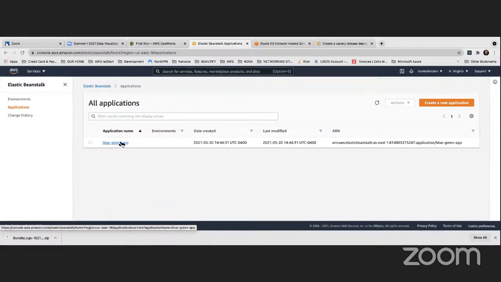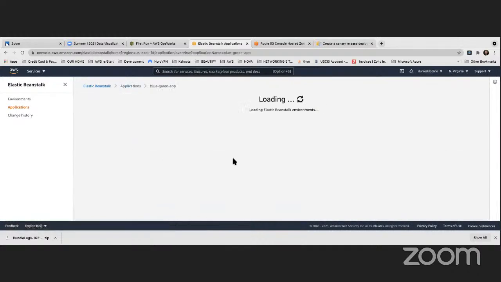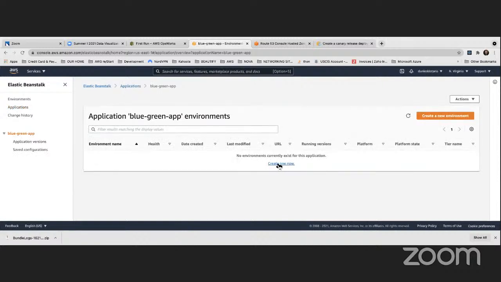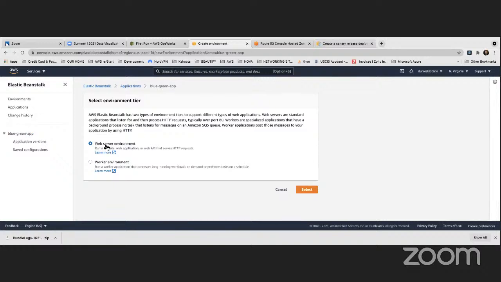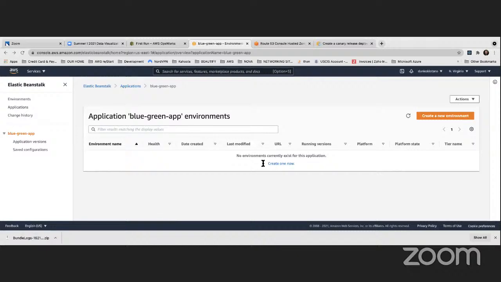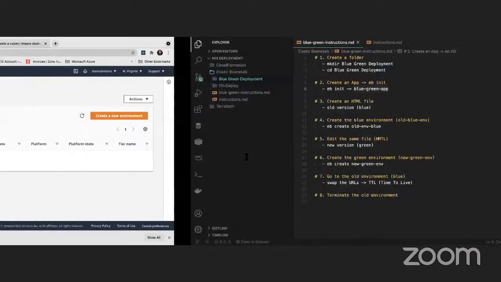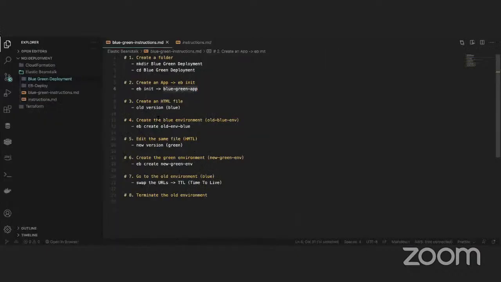What we did before, exactly the same. So right now we don't have an environment, we have to create it. We can do it manually if you want to, a web server environment, but we're not going to do it manually. We're going to do it from the CLI. So we come back, and now the next step is to create a file. This is all created when we initialize EB. So inside this folder, I'm going to create a file and call it